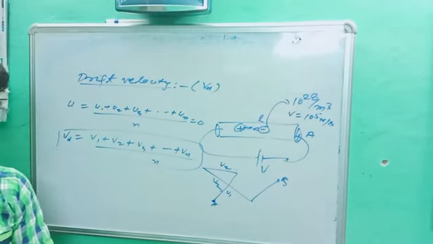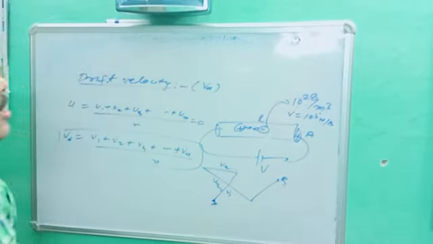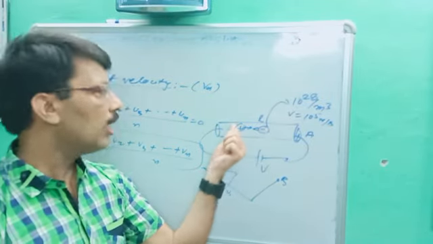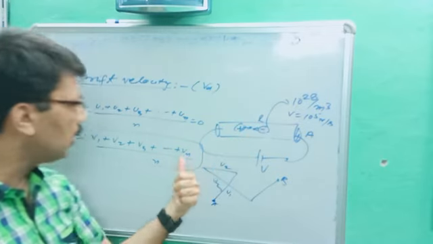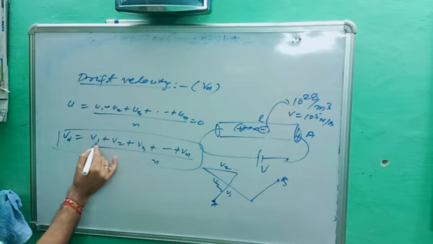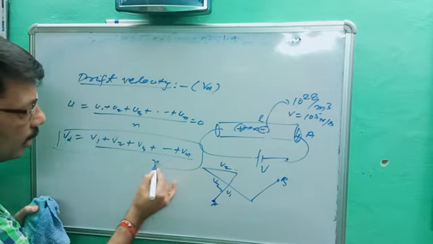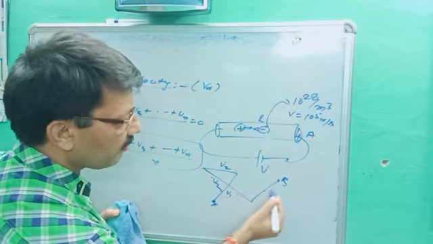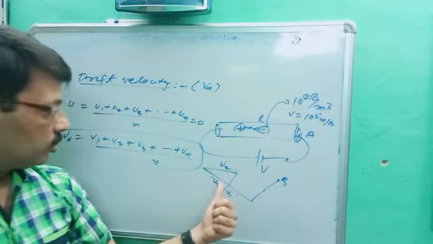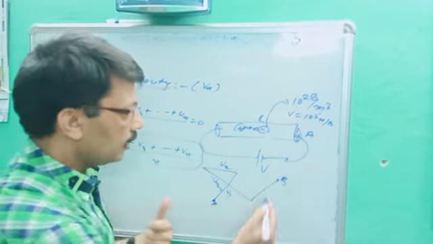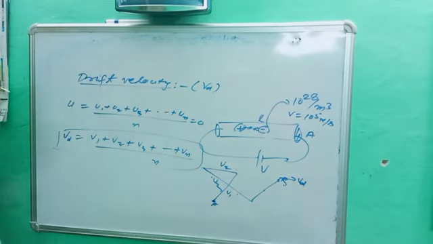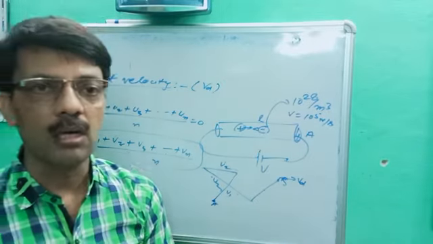Are you getting the point? When we apply the electric field, electrons and protons start moving in opposite directions. During this, the electron collides with protons and maintains the average velocity. This average velocity is called drift velocity, and here we write Vd is equal to v1 plus v2 plus v3 plus so on, vn upon n. v1, v2, v3, v4, v5 and so on, from A to B, n is the number of times by which it changes its velocity, and in this way at B its velocity will be what? Drift velocity. This is called Vd. It means the average velocity of the electron is called drift velocity.